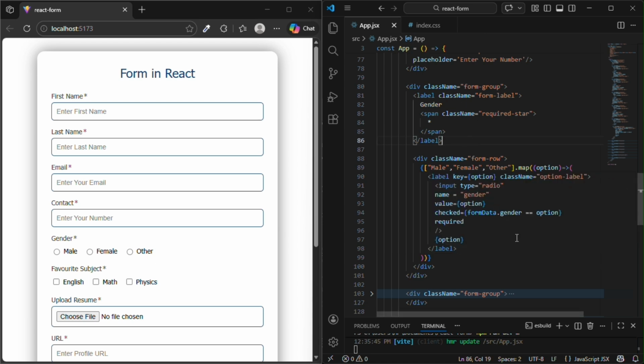So what have we changed now? Rather than putting label option again and again, we have put one label block, one label element, and using the map function in React, we displayed multiple values as male, female, and other, and we connected our input state with the name as gender and value as option. But we will check before that the selected value is same as the selected value from the form data gender, because